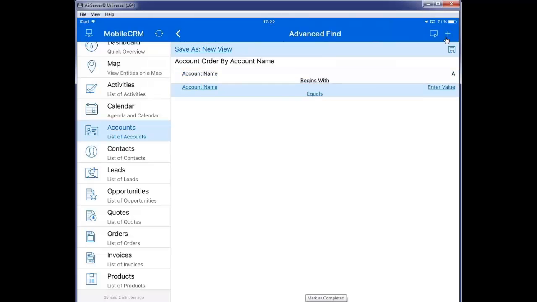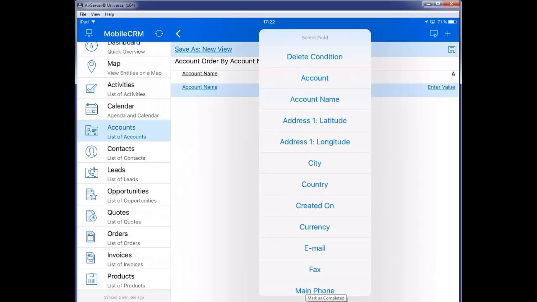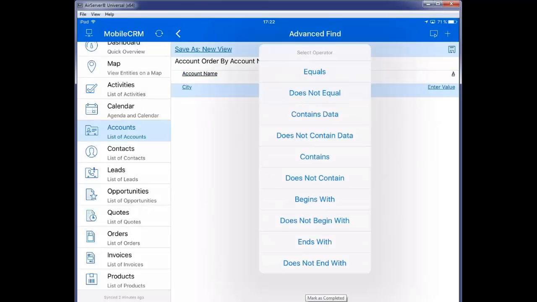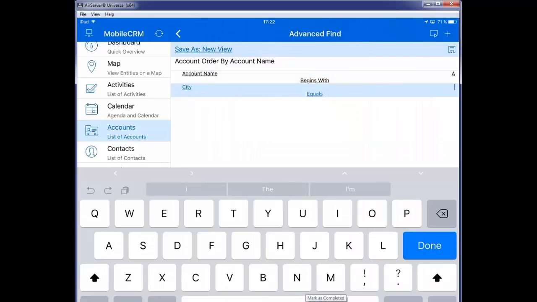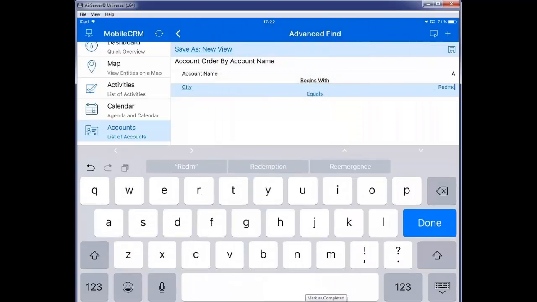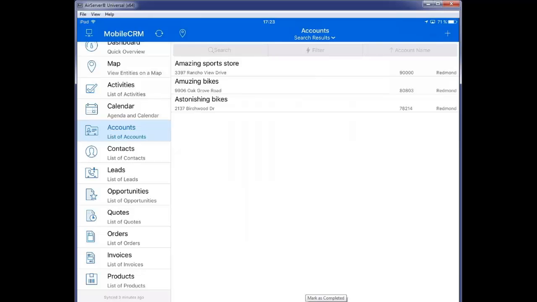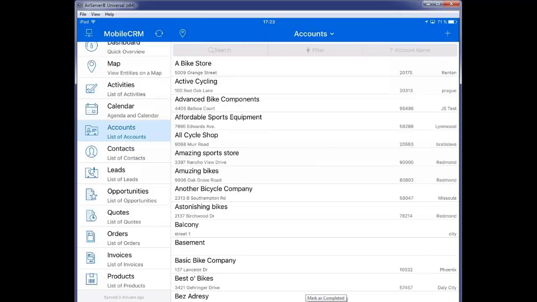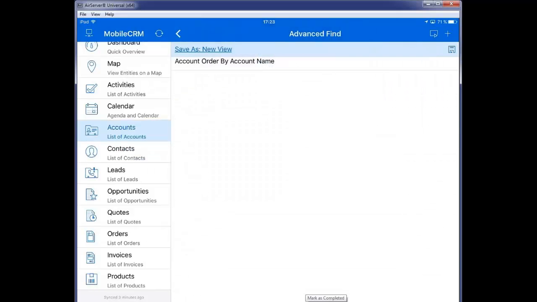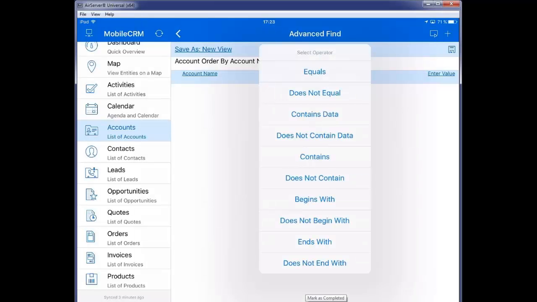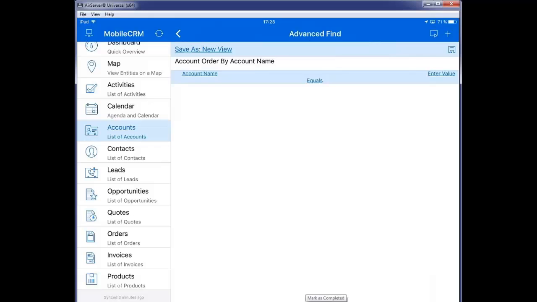I will also add one more condition, again by clicking here, that the city has to be equal to Redmond. And now if I click here, I can just see the results. If I go back to the advanced find, and for example provide the city condition,